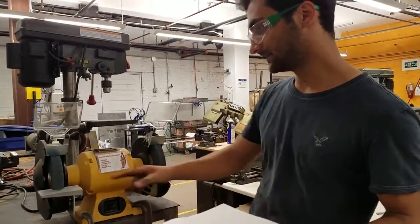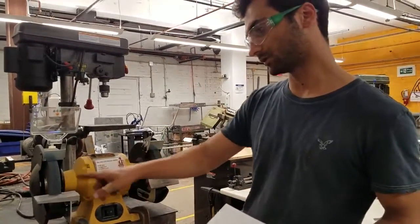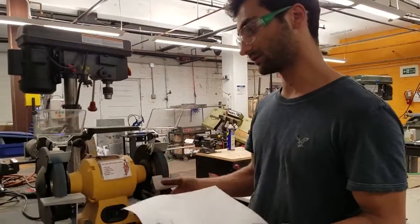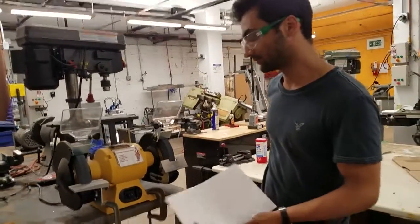And these are the tool rests. So this is what your tool can rest on while you're using it. You also don't need to use the tool rest. If you're not using the tool rest, you need to be very careful about holding it so you don't get hurt. So in terms of safety on these, they can produce a lot of sparks,